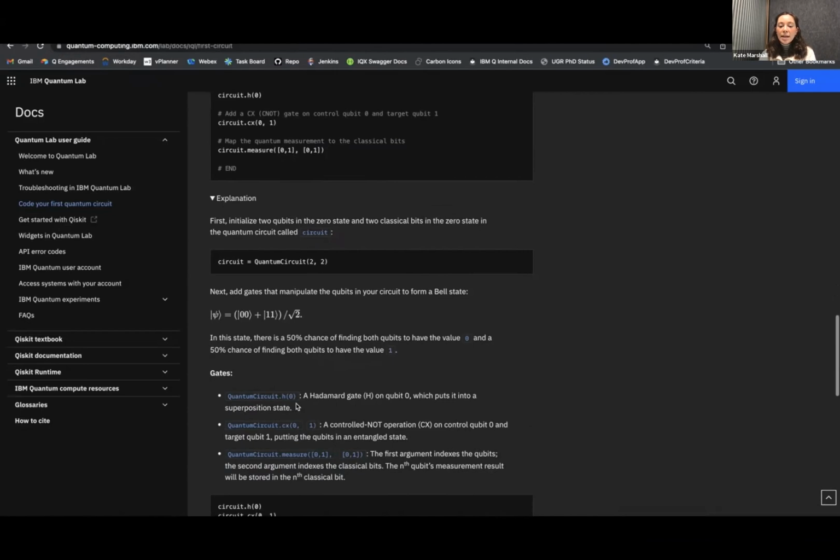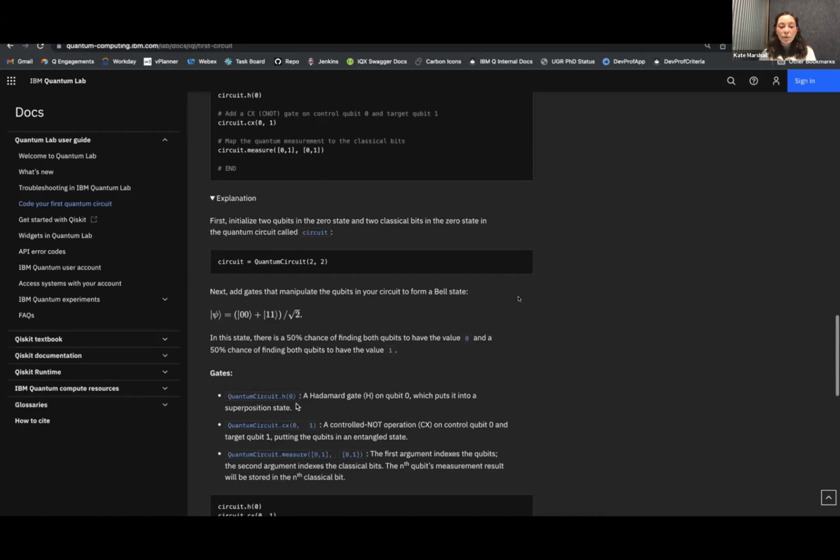One of them is a Hadamard gate, which puts the qubit that it's associated with in a state of superposition. And then we're going to be applying a CNOT gate, which essentially physically entangles this quantum bit that's now in a state of superposition with its associated neighbor. So I'm not going to have time to go into what those terms mean, but if you're interested, of course, I'm sure any of the panelists would be happy to walk you through those in more detail later.